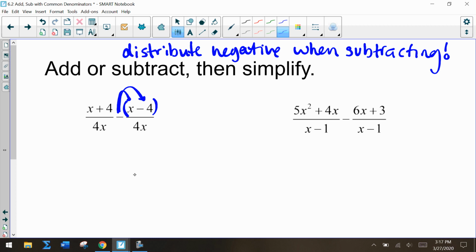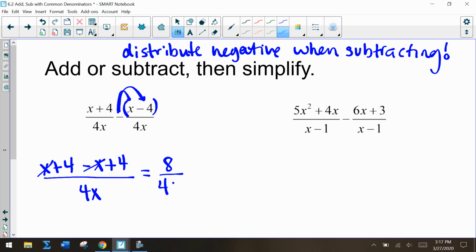So for this one, our numerator is x plus 4 minus x plus 4 over 4x. But when we simplify our numerator, we're left with 8 over 4x. And now we can reduce. 4 goes into 8 twice, so we're left with 2 over x. So for the second one,